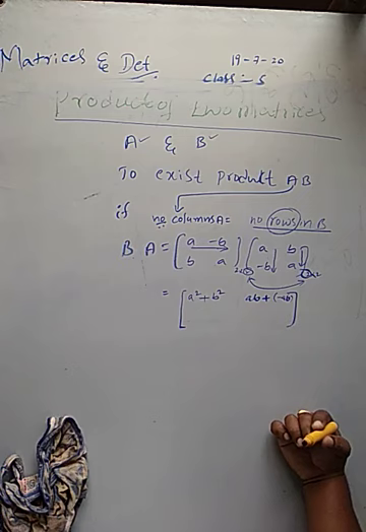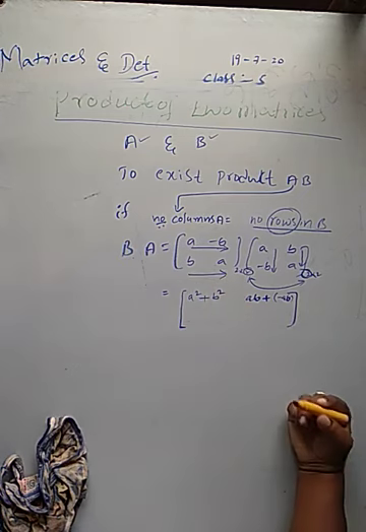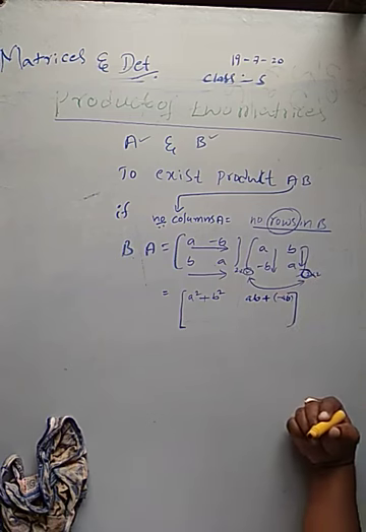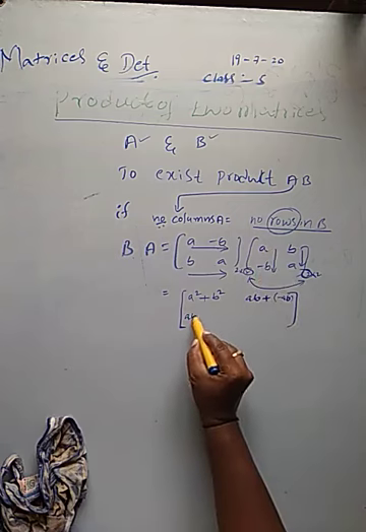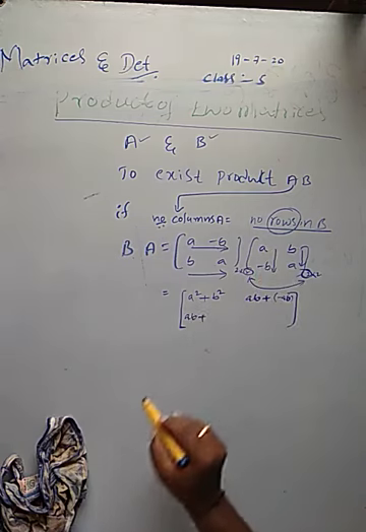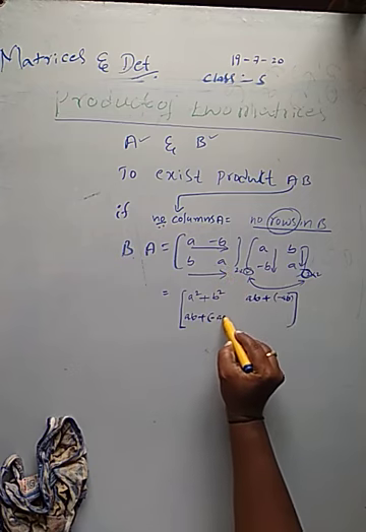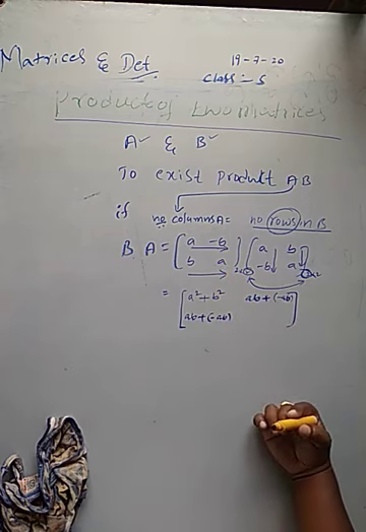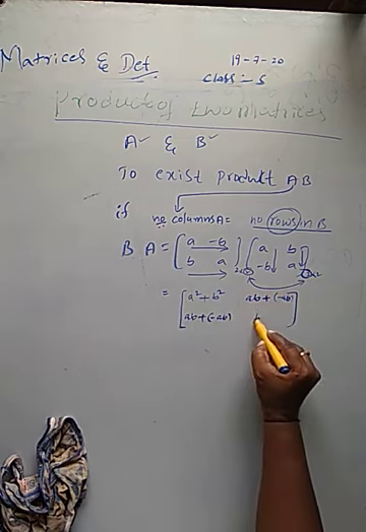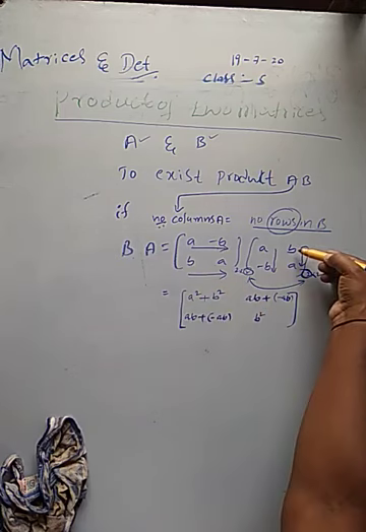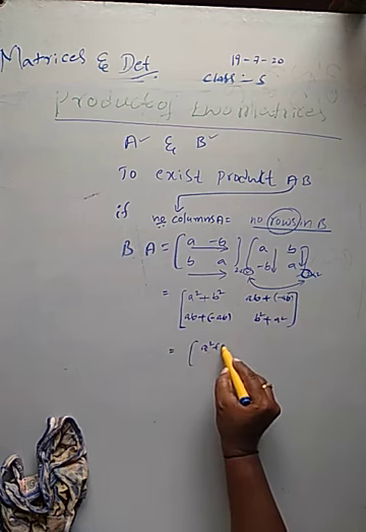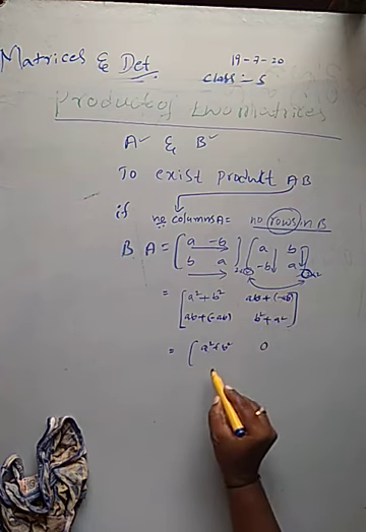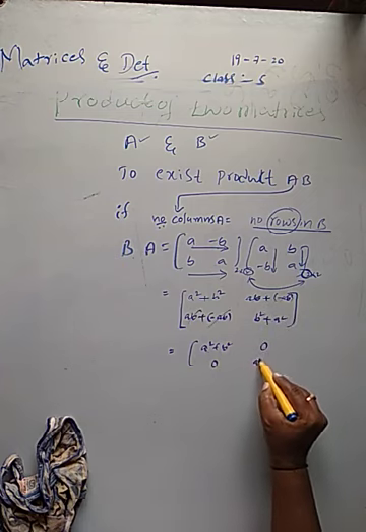Then what do we have to do? Come to the second row, with respect to all the columns in the second matrix. First element, BA or AB, both are the same. Common plus. Minus AB. Second element. Yes, second row, first column is also completed. Then we go to second row, second column: B square, second row first element, second column first element, B square. Common plus A square, that equals A square plus B square. 0, we can cancel. Here also we can cancel. A square plus B square.